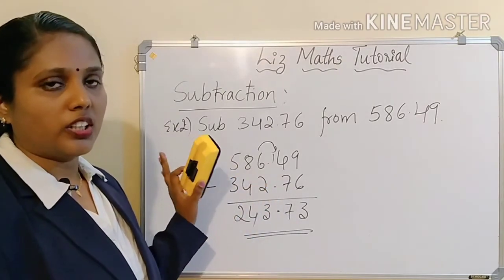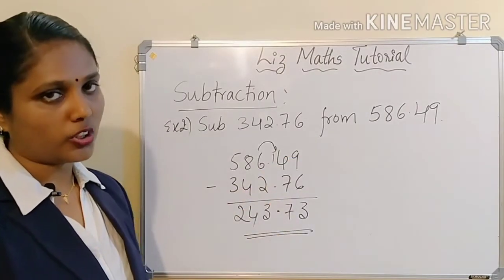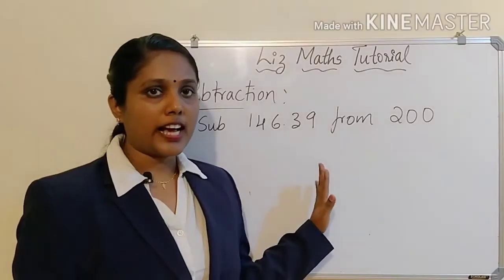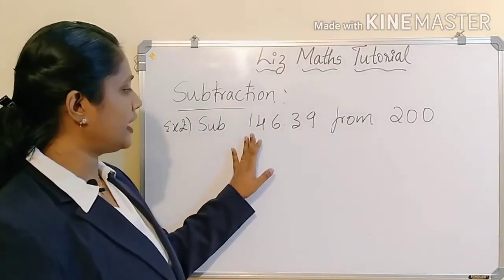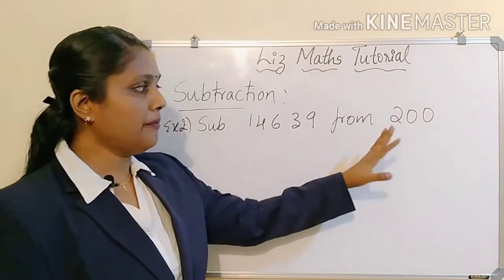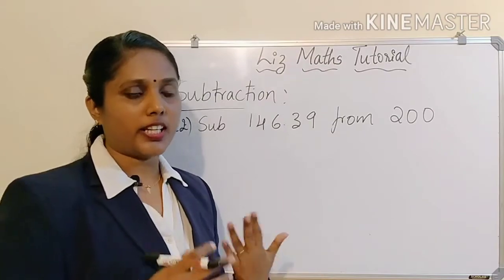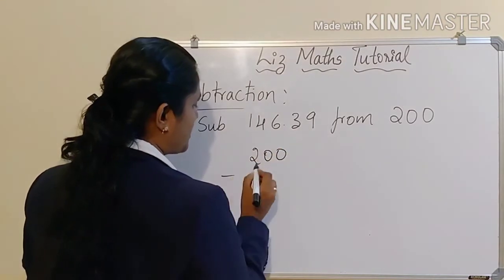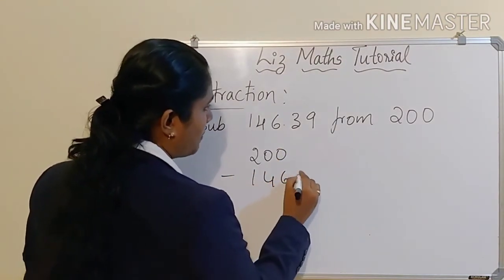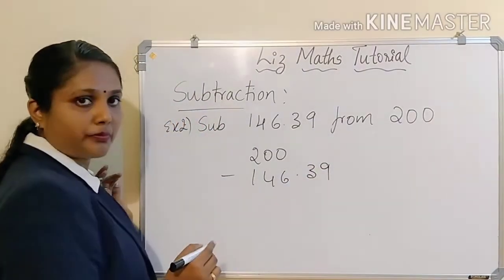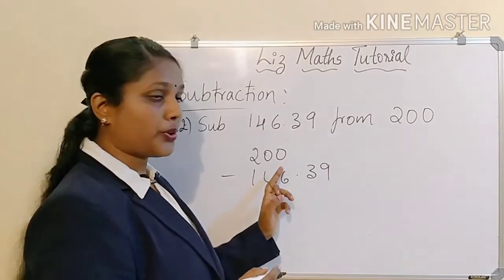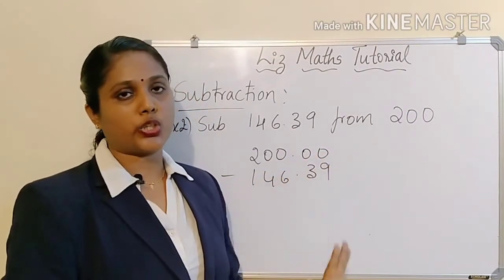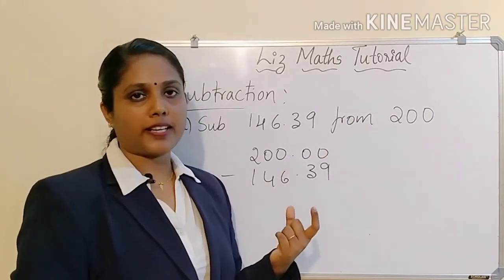Only you have to look at the decimal points clearly. Hope you understood. Now the last problem I will do in subtraction. So the last problem. Here you can say subtract 146.39 from 200. Only 200 is given. There are no decimal points. So what do you have to do? First you have to write 200. Next you have to subtract which number? 146.39 here. So here, I told you, if 200 is given, then you can consider there is a 0.00. According to this, you can take here 2 places, 0, 0.